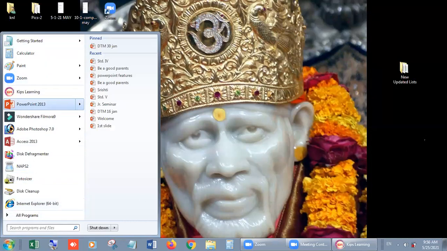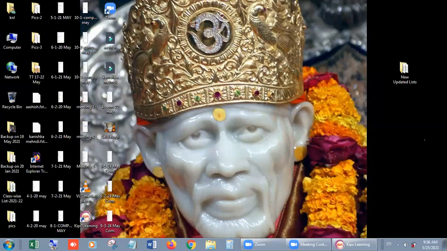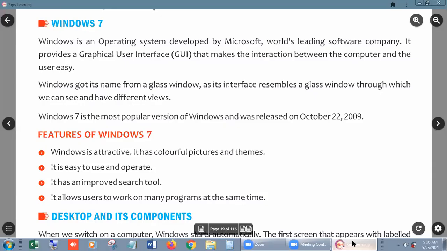Windows not only provides an interface to us, but also gives us a chance to look inside our computer. How many folders we have, how many files we have, and where those files are stored. We can know everything with the help of Windows. That's why its name is Windows, because we can see inside the computer with the help of Windows.